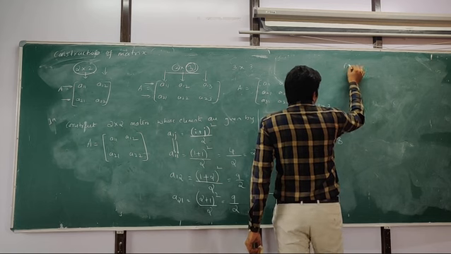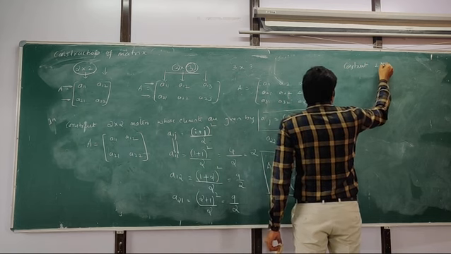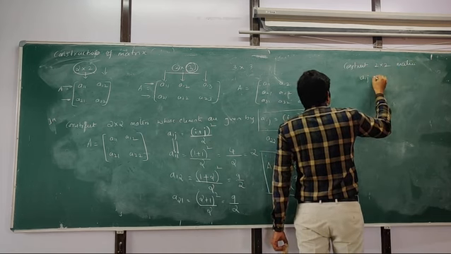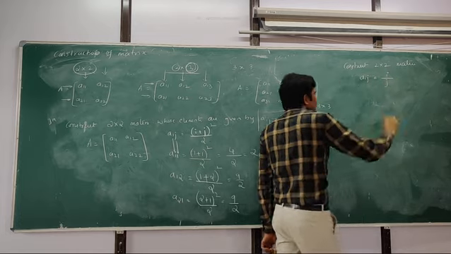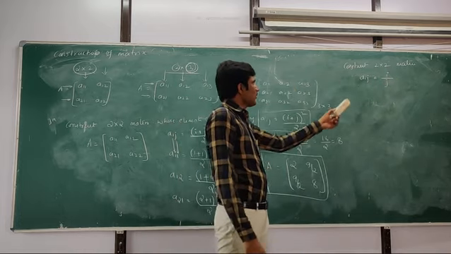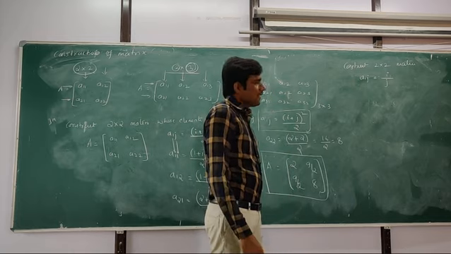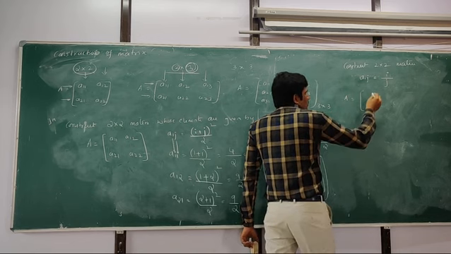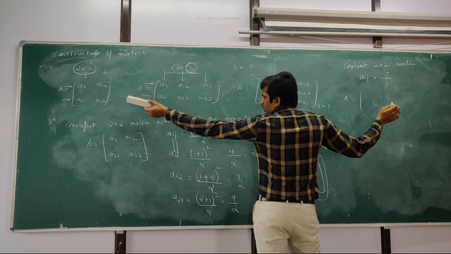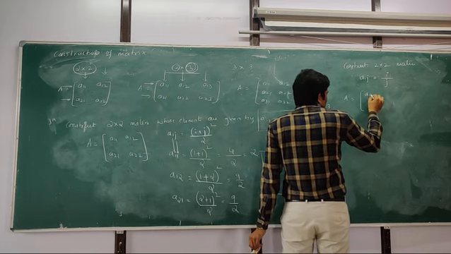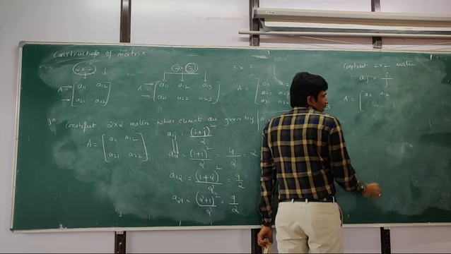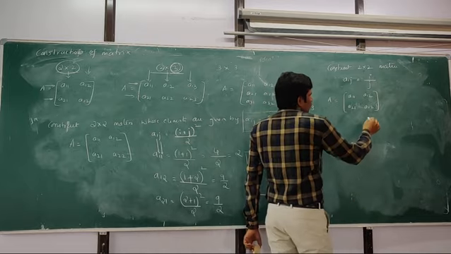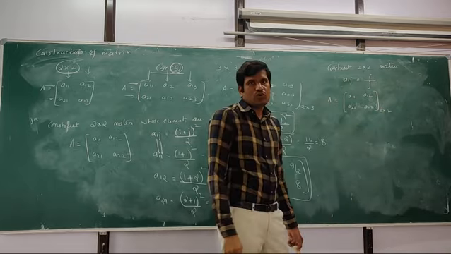So we'll have one more example. Construct a 2 cross 2 matrix whose elements are given by Aij equal to i divided by j. This is also asked many a time. See, first you have to write the general representation of the matrix. So how can we represent a 2 cross 2 matrix? There are 2 rows and 2 columns. So the first element is A11, the second element is A12, and here it is A21 and A22. First you have to write this general representation. What is 2 cross 2? There are 2 rows and 2 columns.